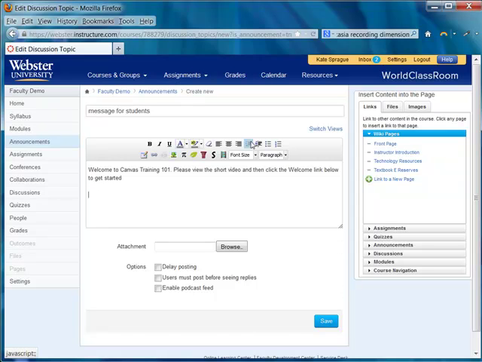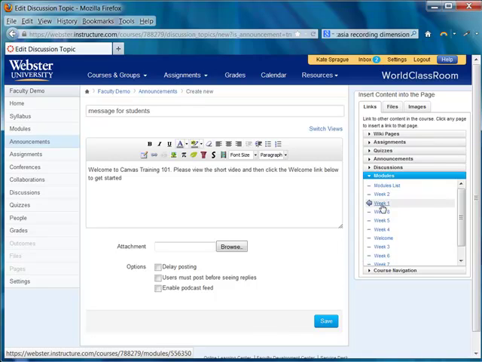You can use any of these formatting tools up here, and then you can also add any kind of links to the announcement so that the students have a direct link to some course content and other information. The first link that we're going to create is one to the Week 1 module. If you look over here on the right hand side, you have options for inserting content into the page. If I click on Modules and then click on Week 1, it goes directly into the announcement as a link